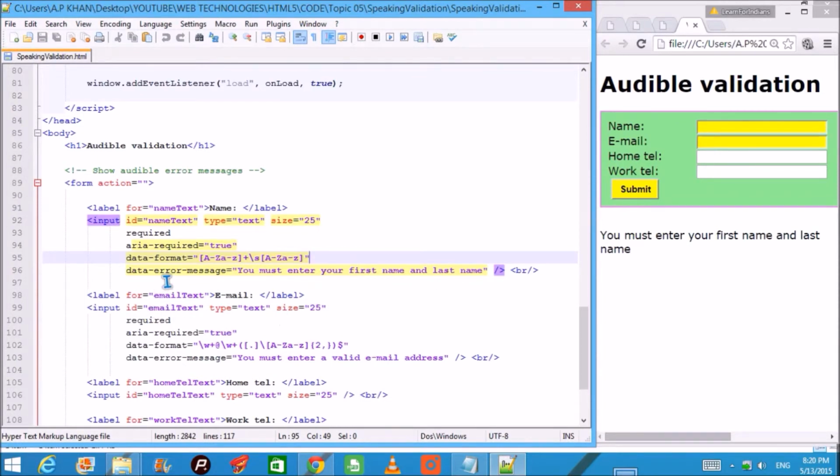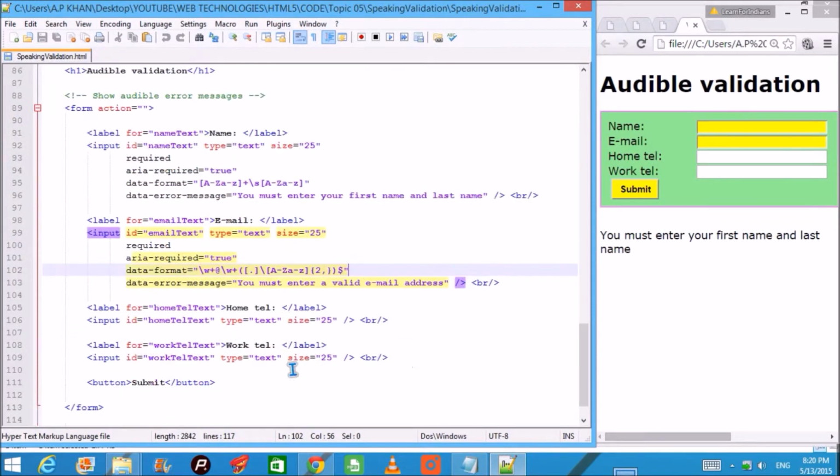Then the data-error-message, these both, data-format and data-error-message, are part of this HTML5 only. So if there is an error, this will be shown: you must enter your first name and last name, and not only will this be shown, it will be spoken also. It is ready for being spoken.